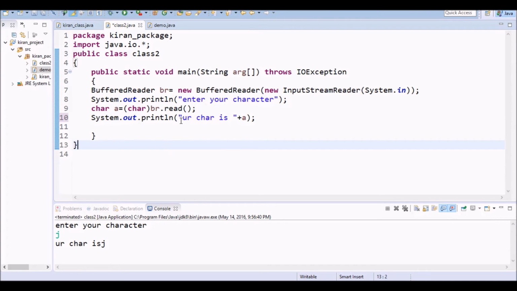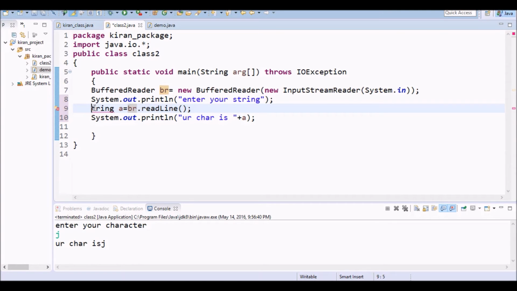Okay, now I want to read a string value. Enter your string. What will I do? String s is equal to br.readLine. As I said previously, read and readLine will read the data as a string, so we will remove the cast operator.